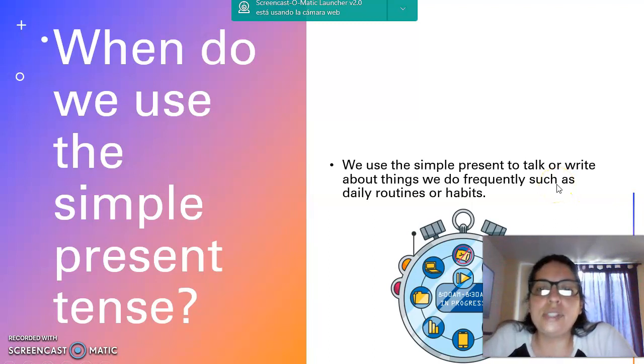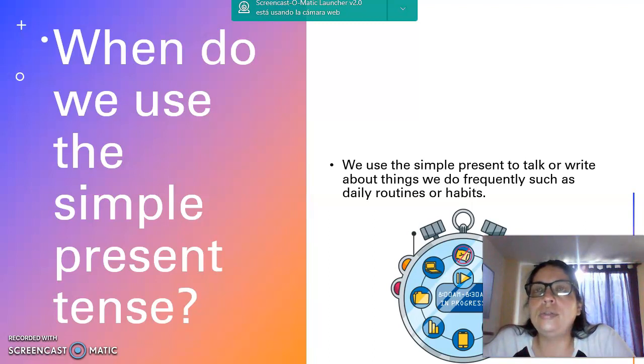So first of all, we need to understand the class objective, alright? And that is to have students understand when do we use the simple present tense. So basically we use the simple present to talk or write about things we do frequently, such as daily routines or habits. Even if our daily routines are very redundant and repetitive,